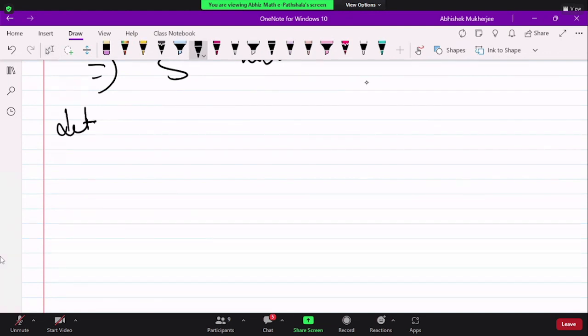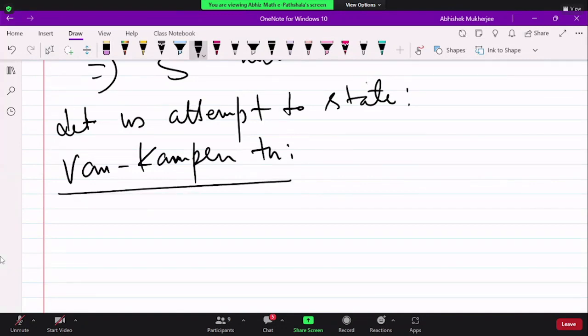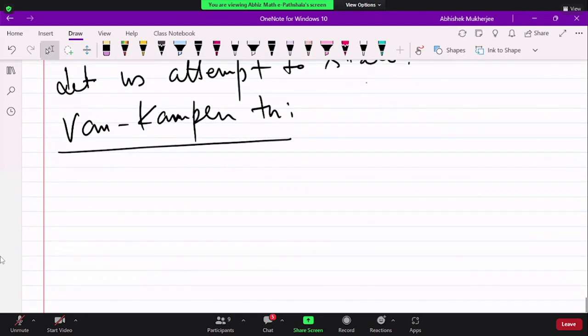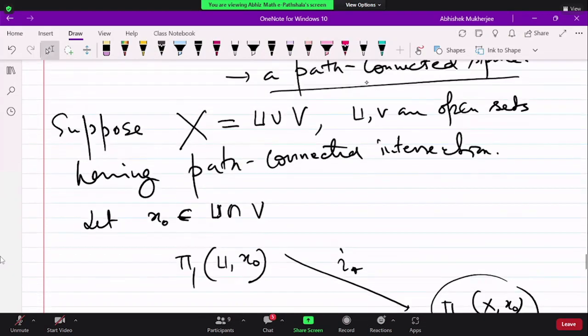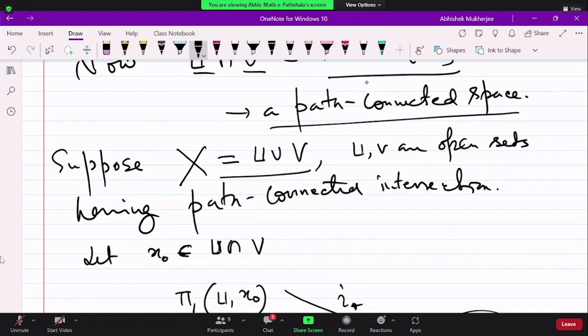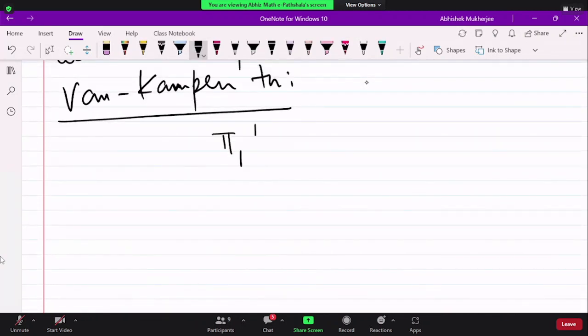So let us attempt to state the Van Kampen theorem, which says that if you consider a space X that satisfies the hypothesis of the previous discussion, that is, if it can be written as a union of two open sets U and V whose intersection is a path connected space, and letting x naught belong to U intersection V, then you can consider the free product of groups